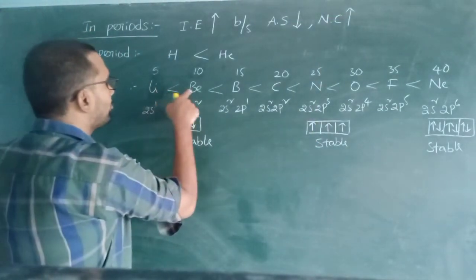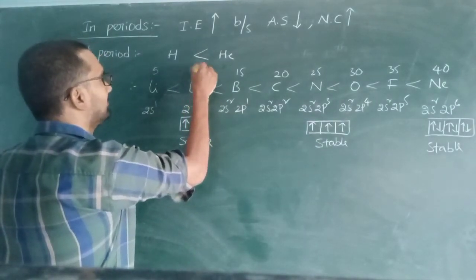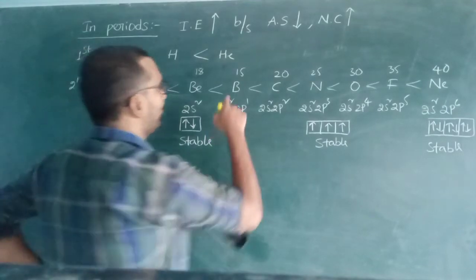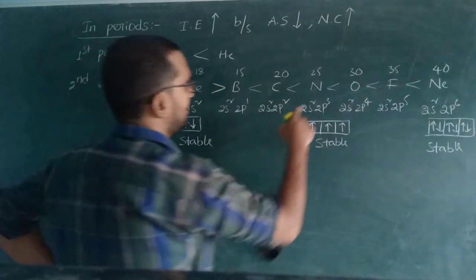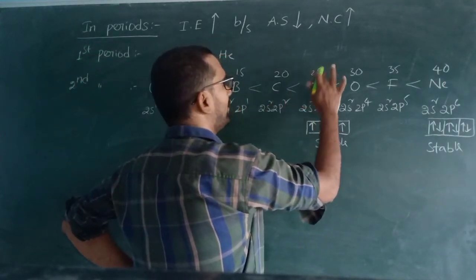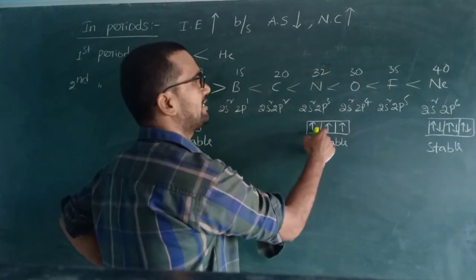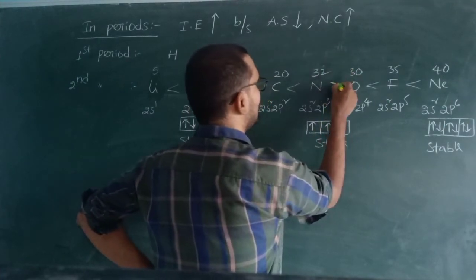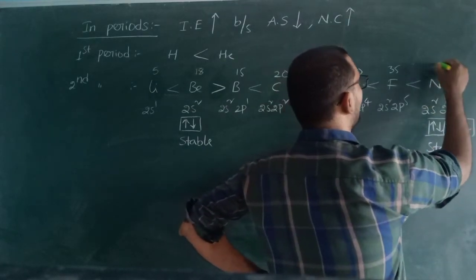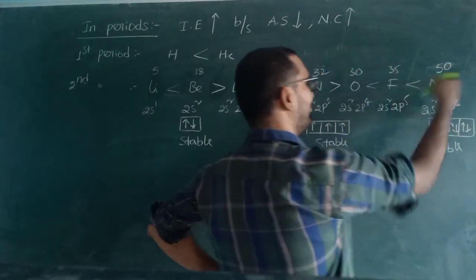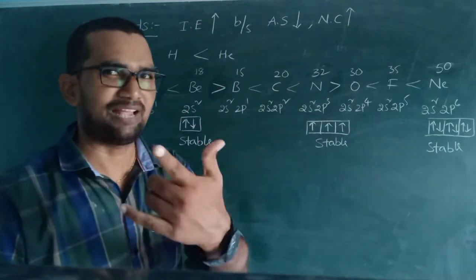That's why from lithium to beryllium the expected value was 10, but it nearly reaches 18. Beryllium is fine, boron is fine, but this order will be changed. Next, for nitrogen 20 to 25 is expected, but it nearly reaches 32 because half filling is stable. So here also the order will be changed. Last is stable, of course not 40 or 50. Fluorine is less than neon. Okay, this is the explanation, but I will give you a simple trick.